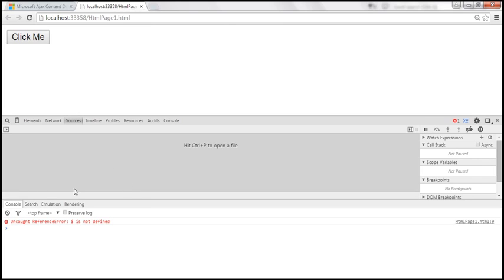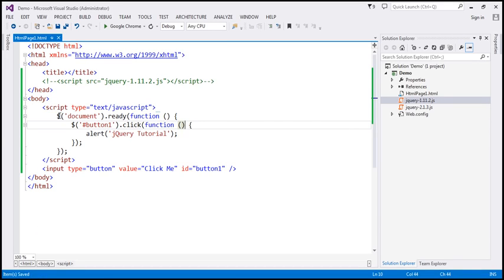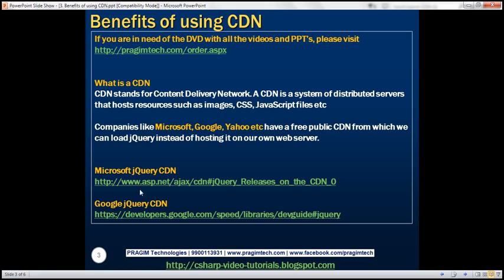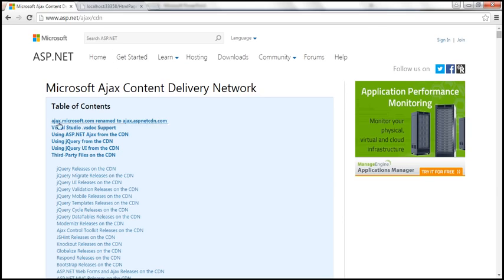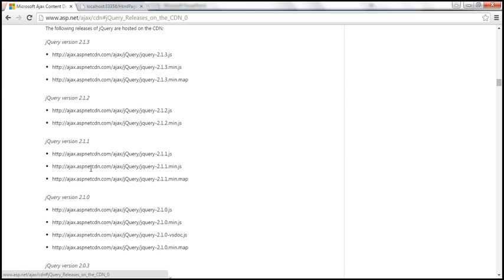So basically this is complaining that this $ function is not defined, and that is because we don't have the jQuery file loaded. Now let's see how to load the jQuery file from the CDN server. So here is the URL for Microsoft CDN, and here is that page. On this page we have a link which says jQuery releases on the CDN. Click on that link and notice we have different jQuery versions here. So let's grab this latest version of the jQuery file,